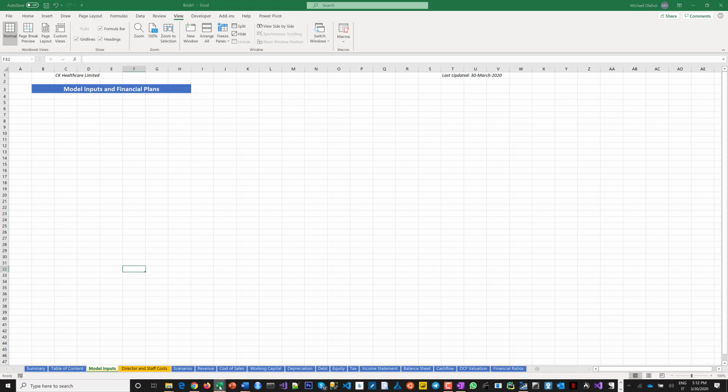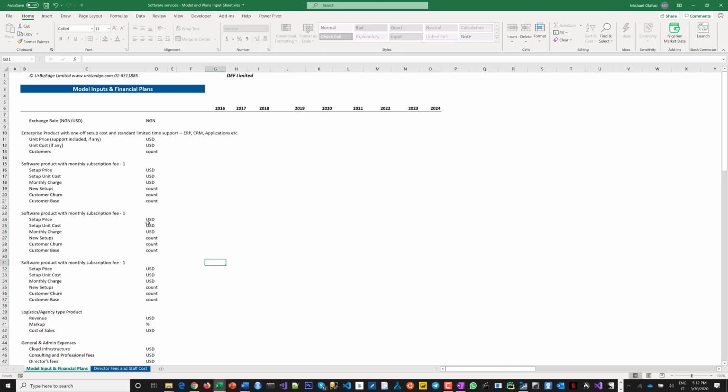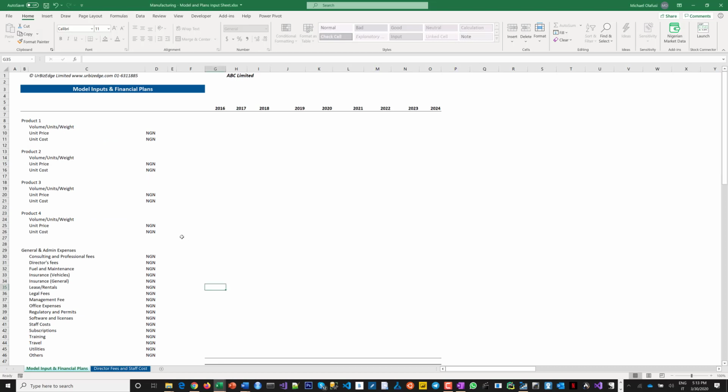Okay, I will attach for you the different model input sheets that I use for different categories of companies. So for manufacturing, it follows this pattern, and if it's for a software services company, this pattern is the one I use. Again, you need to modify slightly for the peculiarities of the company you're doing it for, but generally if you have this, you can easily model for any company without having to do too much up front. So I'm going to pick this one. I'm going to use this. I'm going to copy